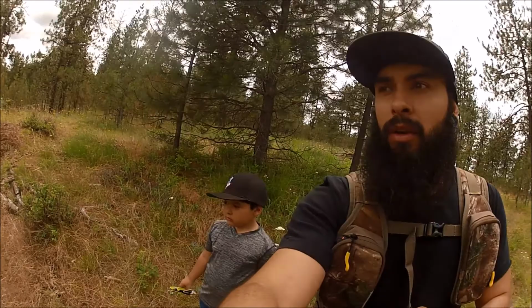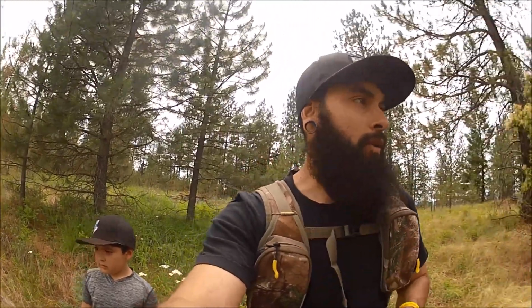This is around the time that the deer are growing their antlers, but they actually start growing them in May. But I was busy with turkey, so I didn't really throw out mineral licks or any salt licks like that. So today, me and my boy, we're out here going to throw out our mineral rocks and throw out our